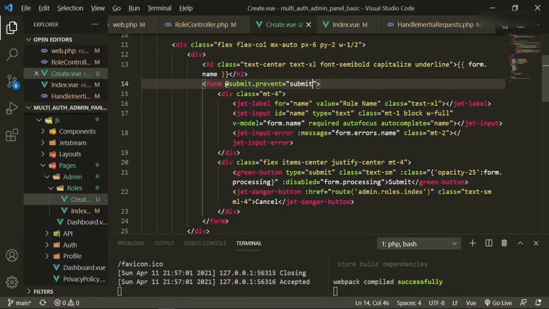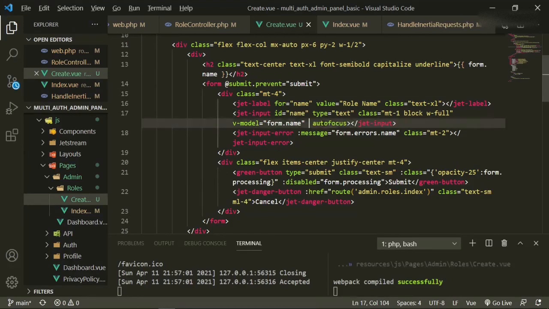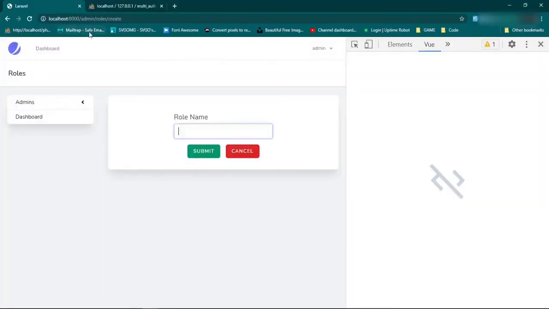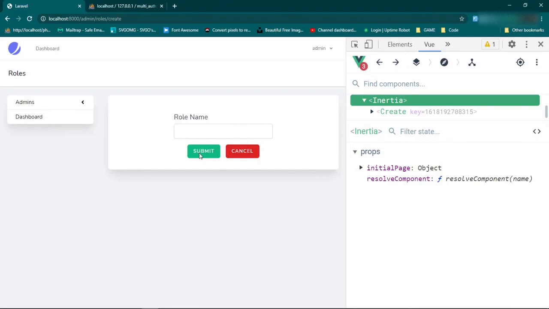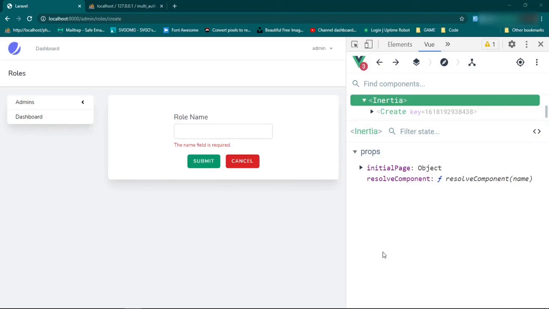So we'll go to create and we'll take out this autocomplete too. I don't really like the way that it's popping up. Okay, we'll take out the required, and then we'll go back, we'll refresh, and then again we try to submit without putting in anything. Okay, great. There's our validation message.